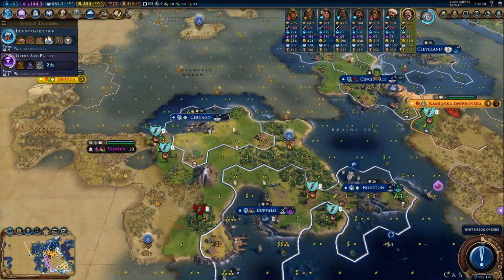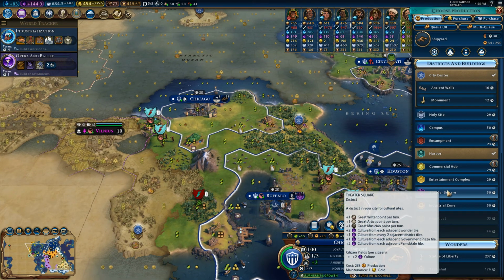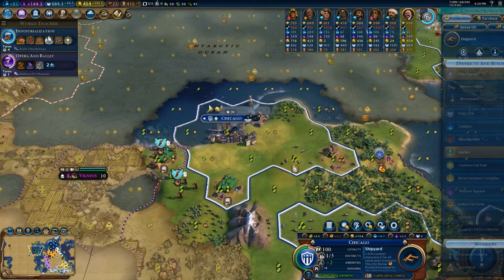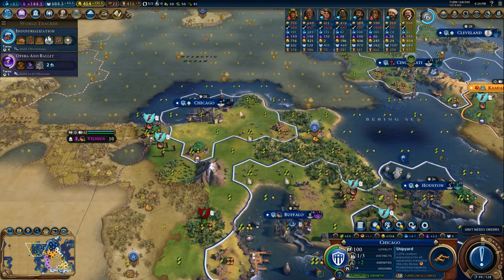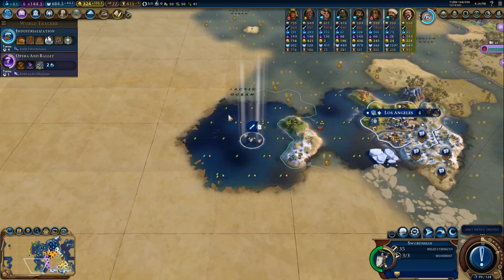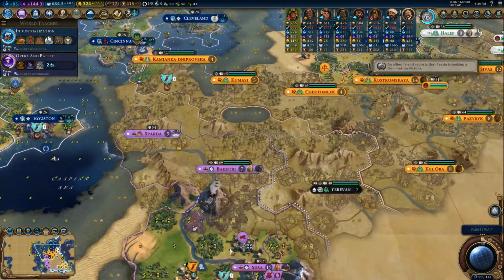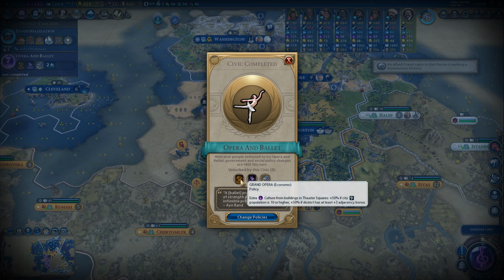You know what? This production's pretty useless there. I'm going to spend the gold to get all of our shipyards. Let's just build our theater squares as fast as possible. What's our appeal here? Charming. Ballet projects a fragile kind of strength. Okay. And this...